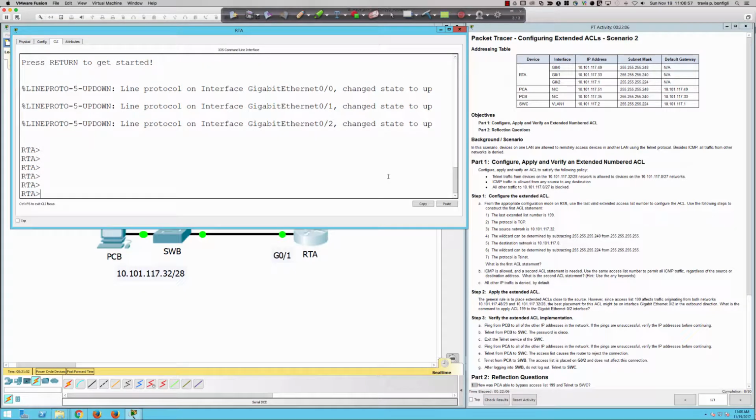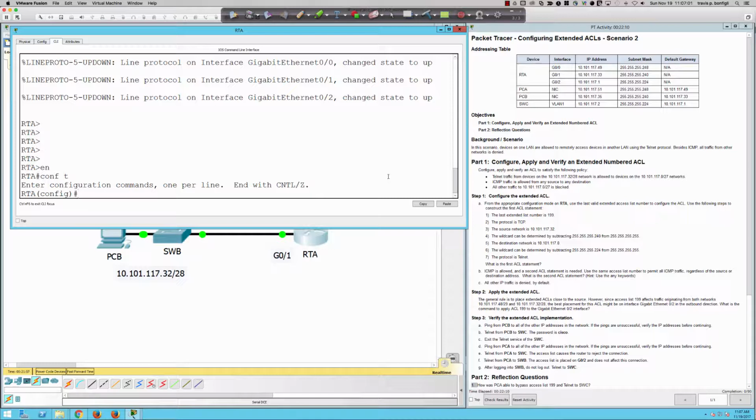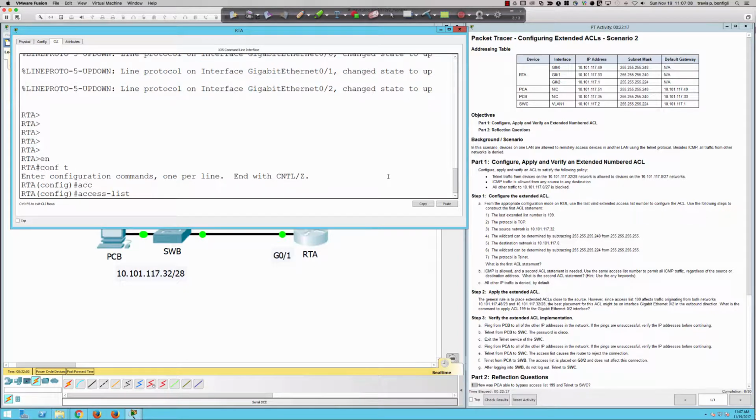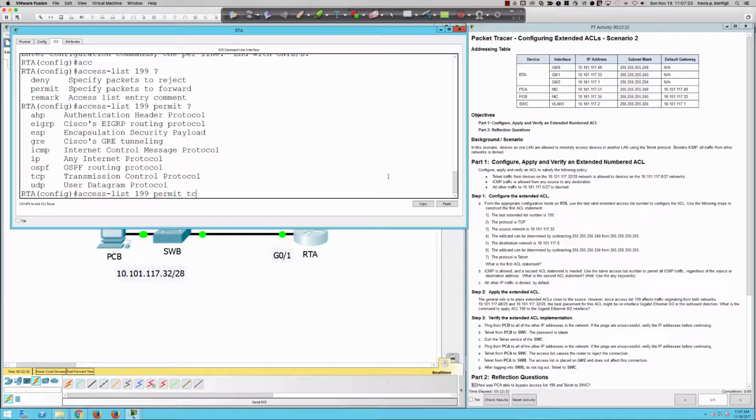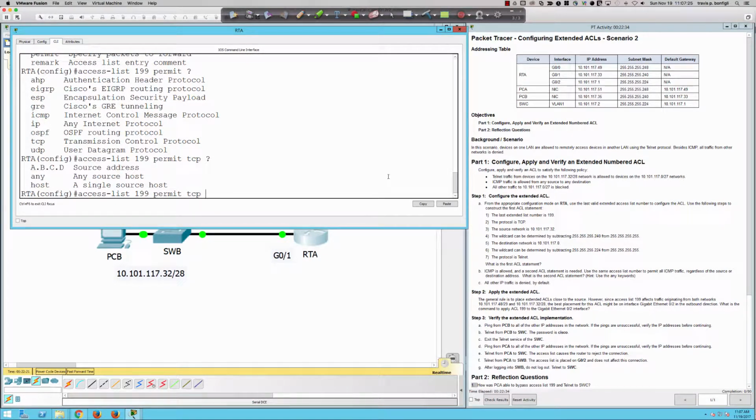So here we go. Before we get into global config, we'll go from user exec to privilege exec into global config, and we're going to be doing an extended ACL, but it's going to be a numbered ACL. So we're going to say access list 199, and what type of ACL is it? Oh, I'm sorry, we're not doing the name, so we're going to be doing permit, and we're going to say TCP, right, because we have our choices here of the protocols, the layer 4 information, and the source network is